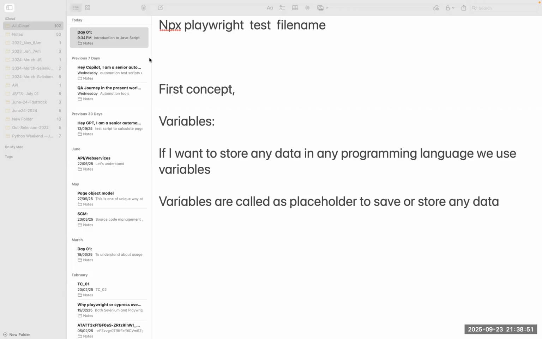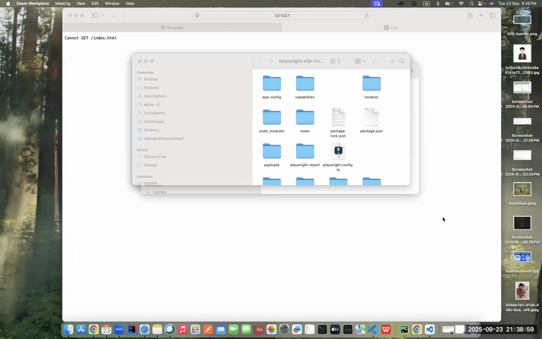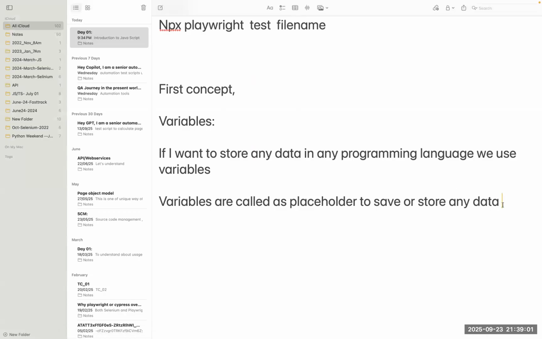Anyone? Any questions? Harita, Manasa, Vaishnavi, clear? No questions. Right. Now,